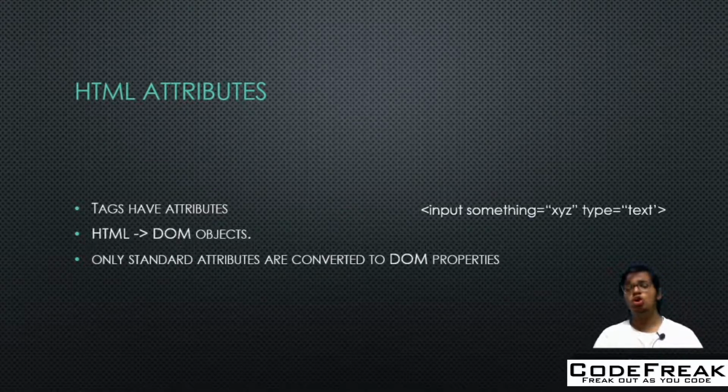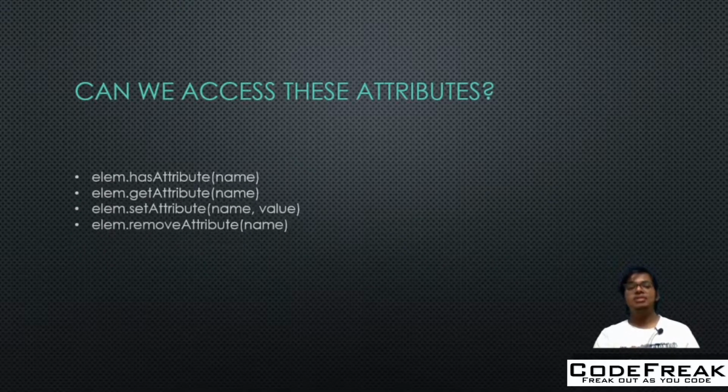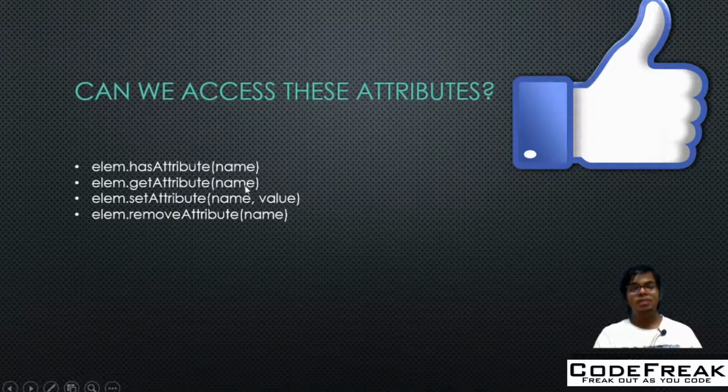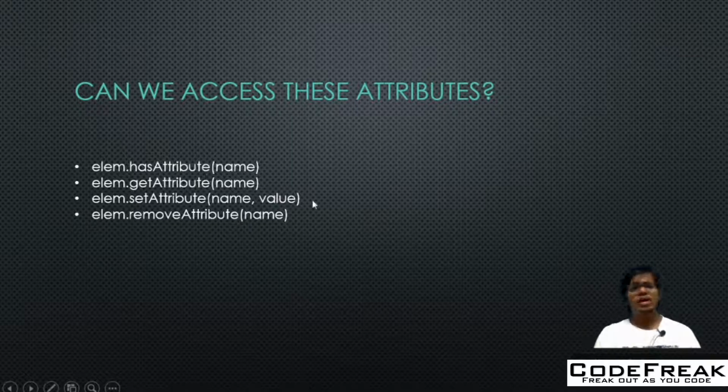When you do console.log elm.something, you will see that it comes up undefined. Even though you can't access it in that manner, you have written it, so it must be stored somewhere. How can you access it? We can access it by using these methods. These are elm.hasAttribute with the name of the attribute, something being the name of the attribute in the previous part, and then elm.getAttribute with the name. You give the name and you get the attribute. hasAttribute basically gives a true or false value. getAttribute gives whatever value is stored in the key you give here. And when you want to set the attribute, you can do elm.setAttribute, for example changing something to some ABC.